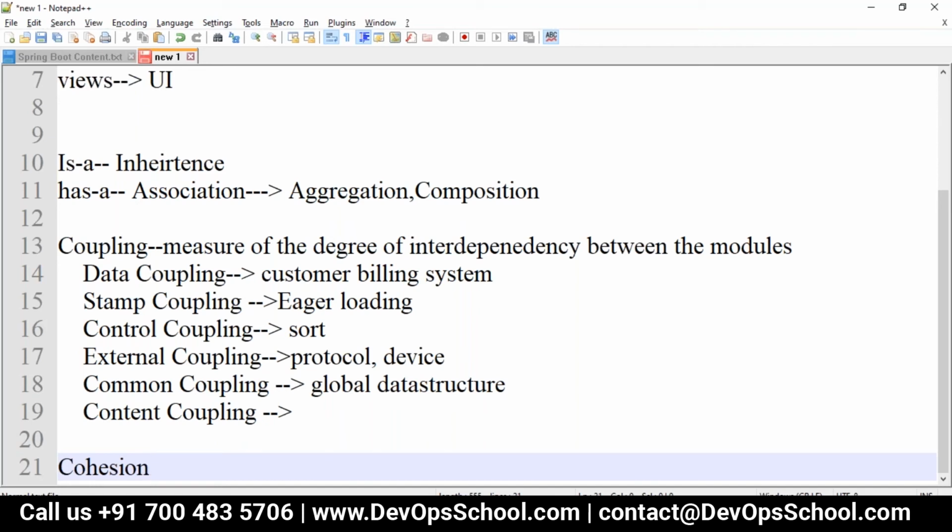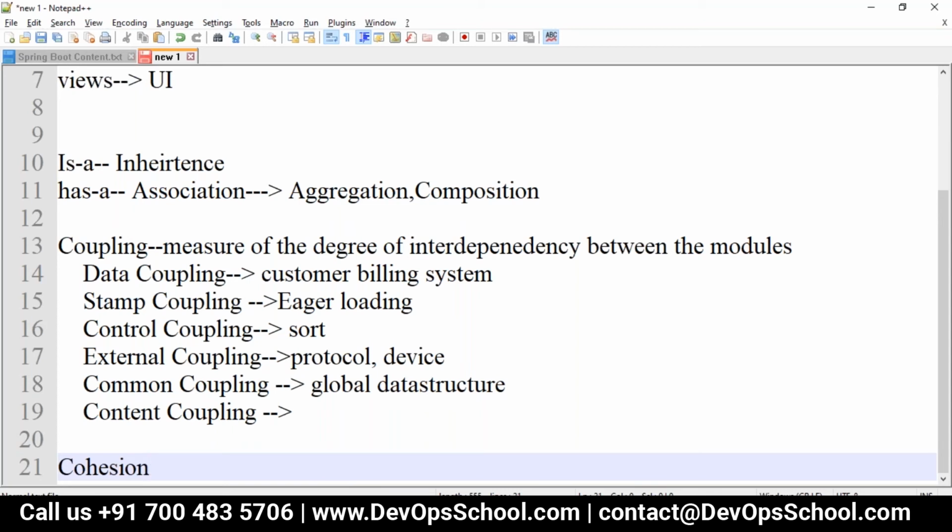We will create some matrix that will capture the measurement of that, like a matrix kind of system.